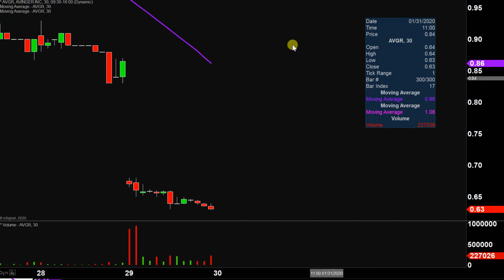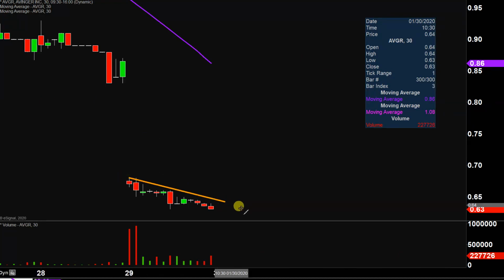So the first level of significance, at least in my mind, is the very apparent downwards pressure here. And I get it, downwards pressure, that is just words. But that's the great thing about charts, they allow you to take words and help you visualize them. So the downwards pressure here can be very clearly seen by this downtrending trend line here. And you can see that the price has made slight moves upwards. The problem is every time the price tries to make those slight moves upwards, each high just keeps getting lower and lower. So definitely the key level to watch going forward is that trend line, in my opinion at least,